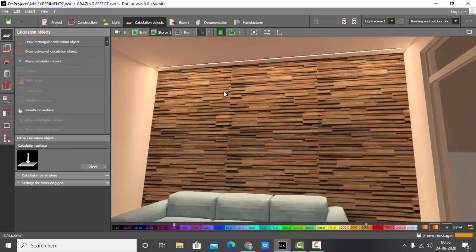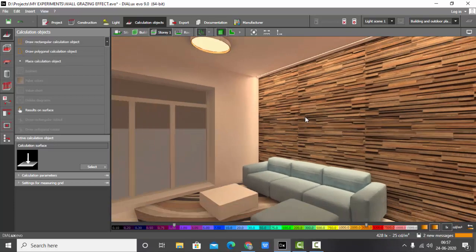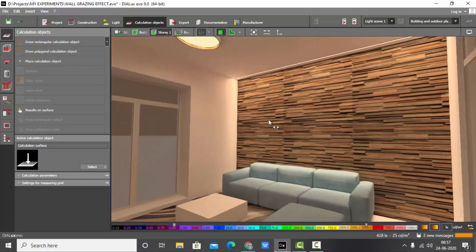In real life, this is a textured wooden wall panel, so one panel will be slightly in front and one slightly back, and when you place the light close to this wall, it is going to have a light and shadow effect, and that is how it creates a very nice visual impact.